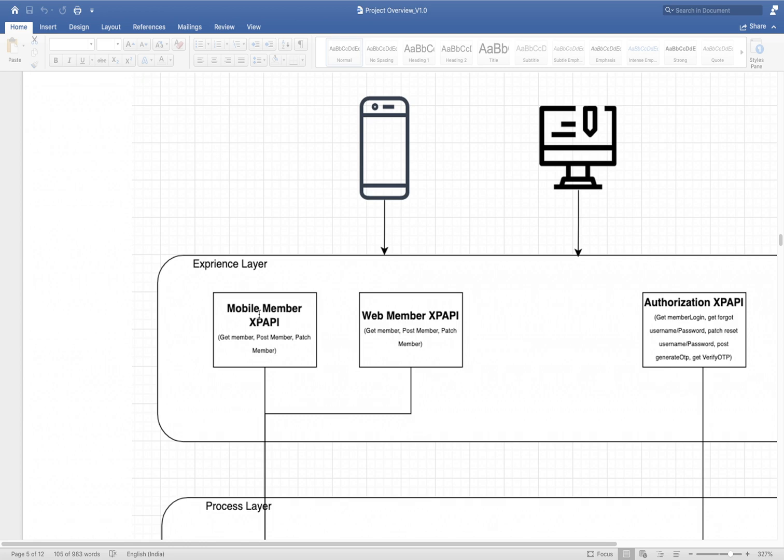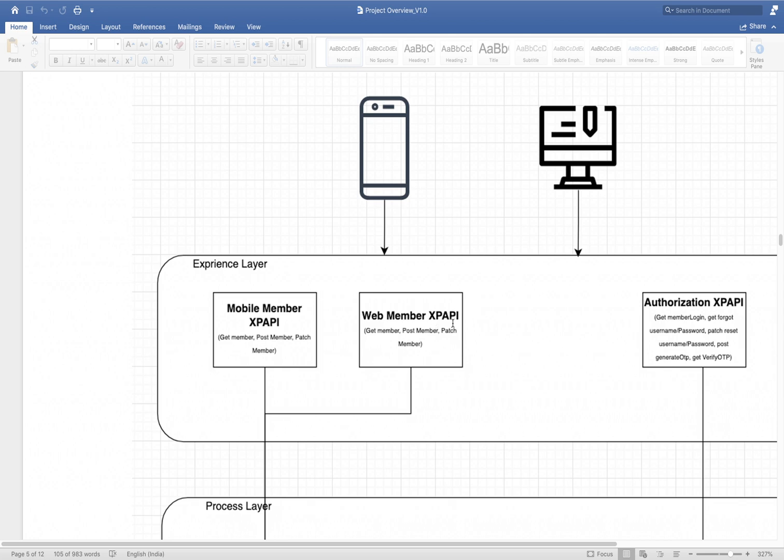Here you can see in this application we will have 3 APIs: get member, post member, patch member. In this also we will have get member, post member, patch member. Here we will have get member, login, forgot username password, reset username password, generate OTP, verify OTP. So in total we have 6-7 APIs here.